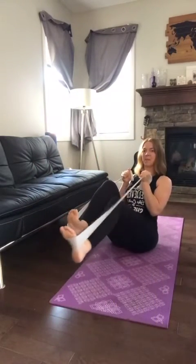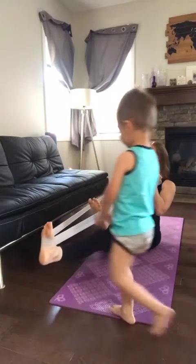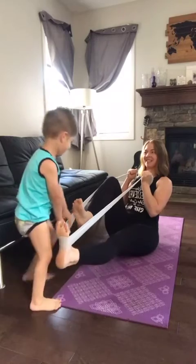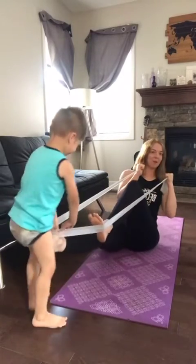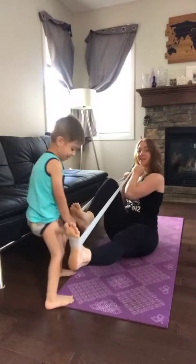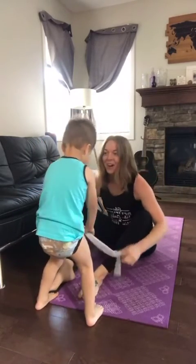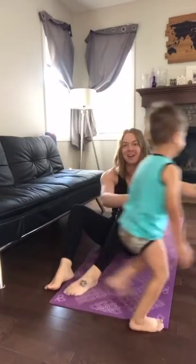So you're going to pull one knee in and out, challenging the balance here. You can rotate. Yeah, come here. Or you can add a toddler in for a little bit more of a challenge, all right? Or not. So if that's not an option for you, you can also take those hands behind you